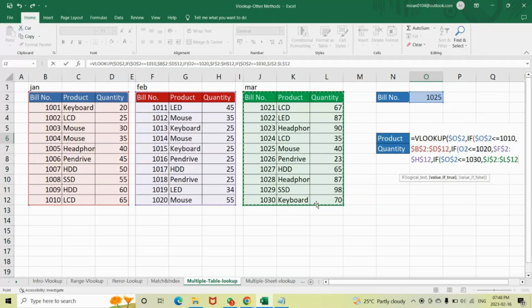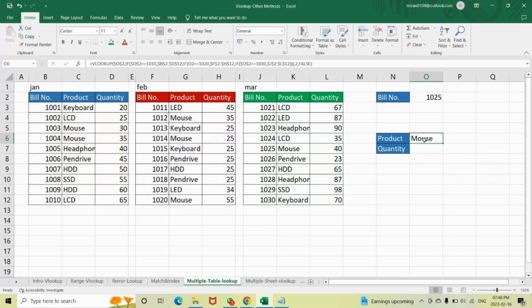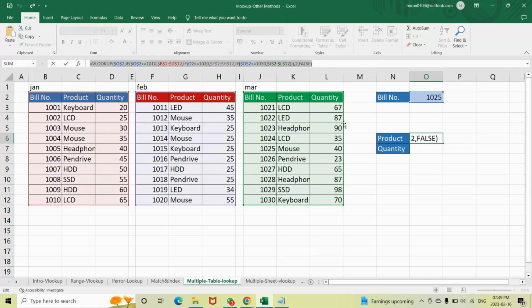I've used 3 if conditions. Let me close all the 3 if conditions' brackets, then give a comma. The column index number, I need the product. Everywhere the product is in the second column, so 2. Again give a comma. Now it is an exact match, so false. Close the bracket, press enter. You'll get an output. Now the same function, I'll copy this, Control C,